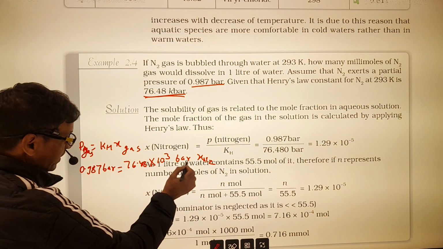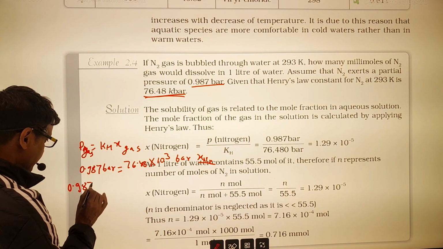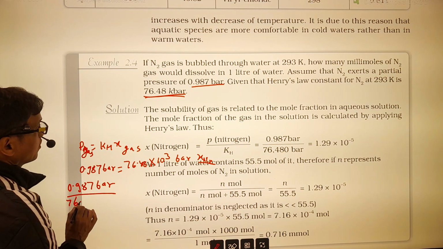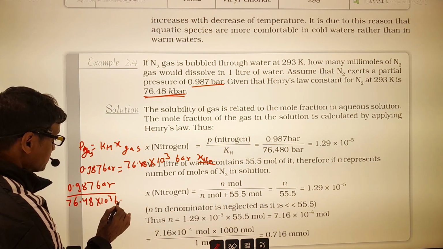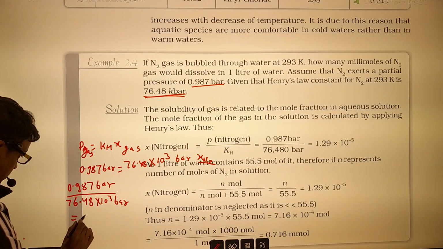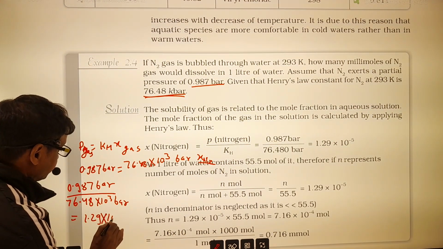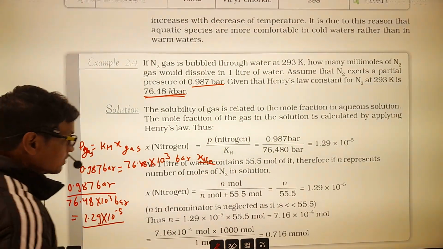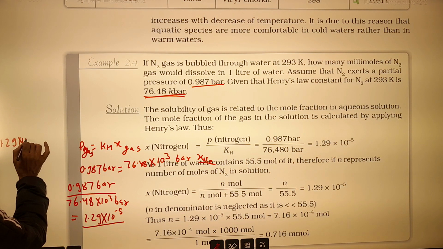So the mole fraction of nitrogen gas will equal 0.987 bar upon 76.48 into 10 power 3 bar. On solving this, you will get 1.29 into 10 power minus 5. That much is the mole fraction. Now, how do we get the moles of nitrogen? This 1.29 into 10 power minus 5